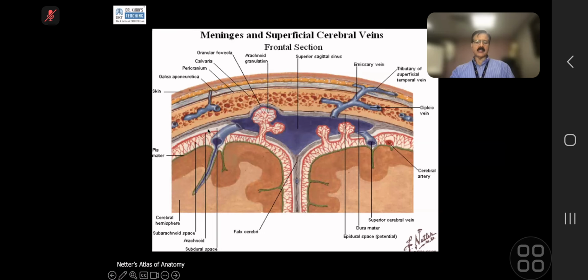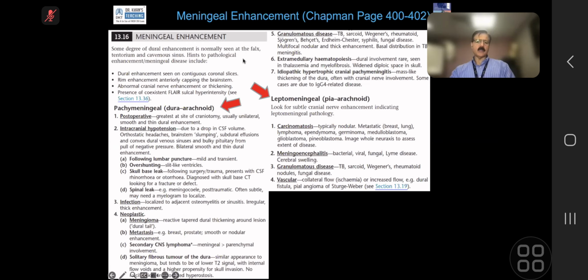Together, the dura mater and the arachnoid are known as pachymeninges. Together, the arachnoid and the pia are known as leptomeninges. Leptomeninges go into the sulci, remember, but the pachymeninges do not. So this is one of the most important differential diagnoses for your exam. And similar to the CSF one, the sulcal high signal intensity, pachymeninges versus leptomeninges when there is enhancement, what can be the causes? Other than the details which are given here,